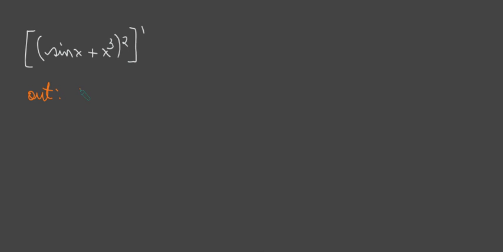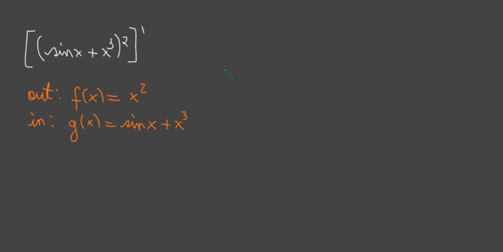So the function f of x equals x squared. See, you have something squared. So you have this function here for the outermost function. And in the innermost function, you have the function g equals sine of x plus x cubed. Okay, so